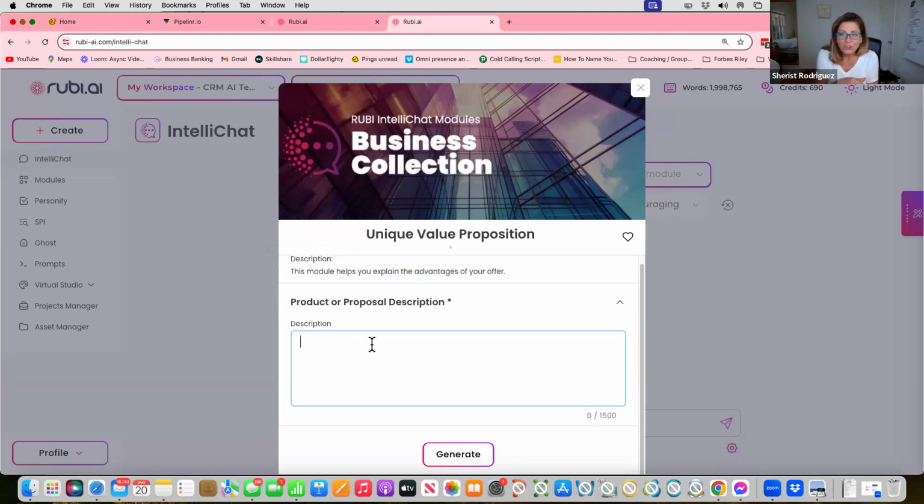And then the other cool thing is you could take what it gives you and throw it in another module, or in chat, and have it write an email about this, or write a paragraph on how to explain this, or how this benefits, and so on. So you can use whatever it creates, but definitely I would suggest everybody go out there and get what your unique value proposition is.